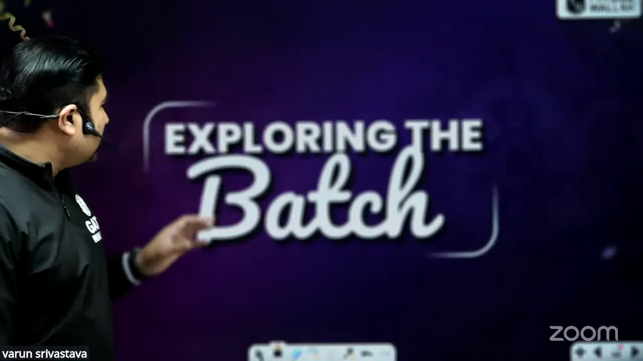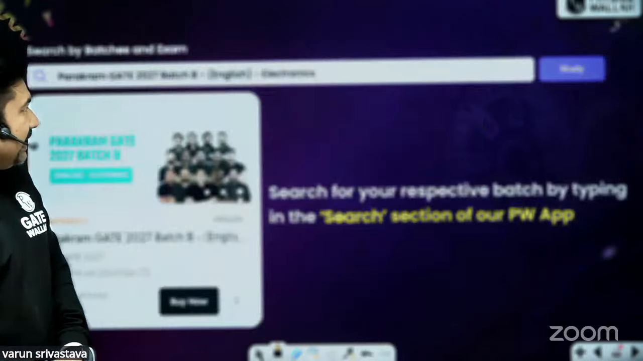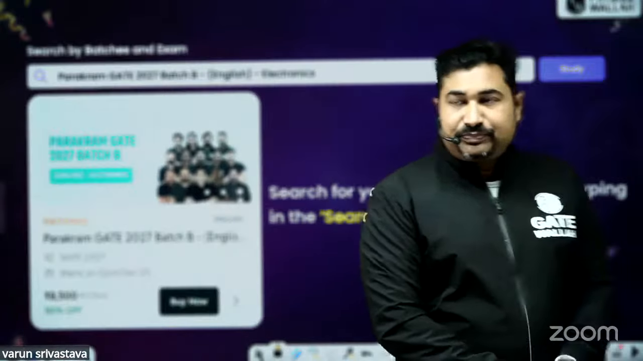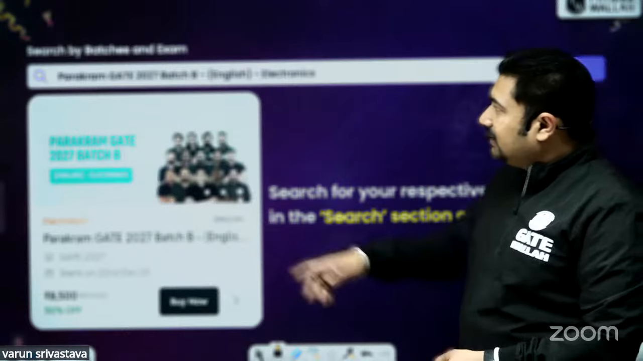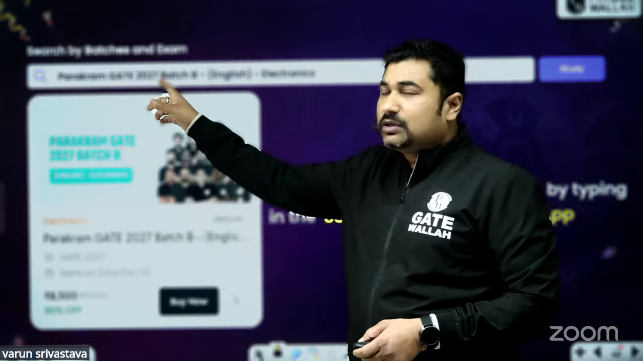Now come back to exploring the batches. Again, I am telling you about the batches. Here, if you observe, if you search Parakram Batch on the search bar of the PW Live app, you will